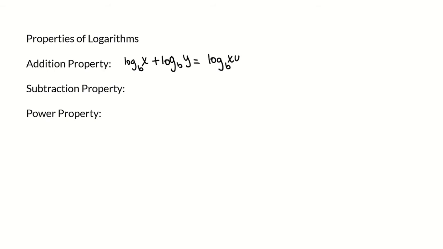y. The subtraction property states that if you subtract two logarithms that have the same base, so log base b of x minus log base b of y, then you can write the logarithms as a single logarithm and divide the two arguments, so log base b of